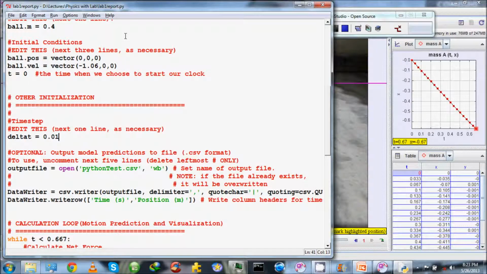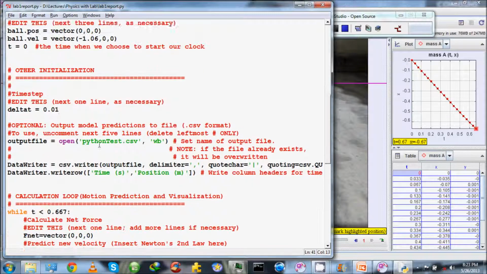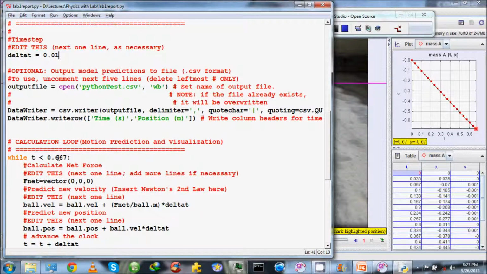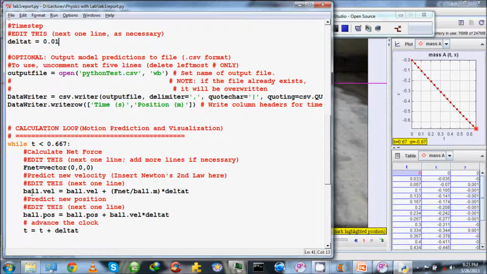It's time now to build our computational model using inputs from our video analysis, like mass of the object, initial position, initial velocity, initial time. The delta t which we are going to use for our computational model is 0.01 second, and the end of the observation would be at 0.0667 seconds. This equation defines Newton's second law. And the most important factor defining this model is setting f net equal to 0 to ensure that this model has a constant velocity. Let's run this model and have a look at the results.